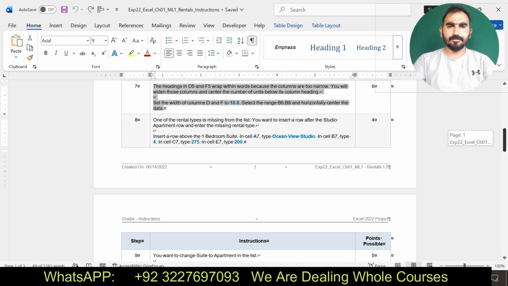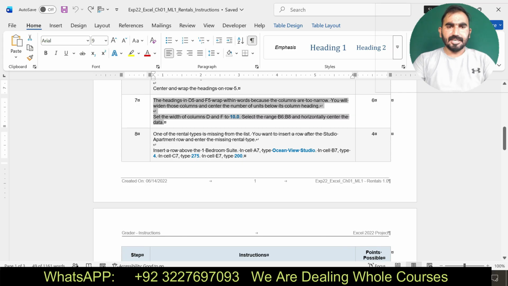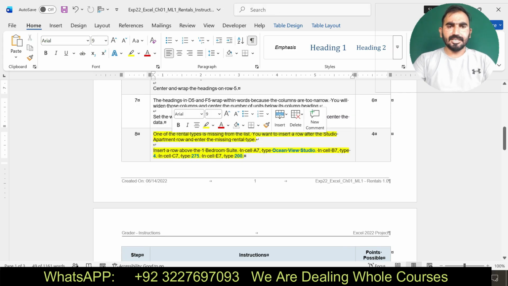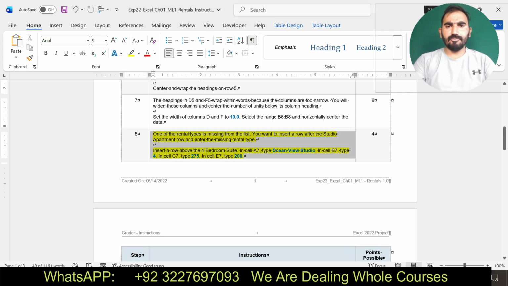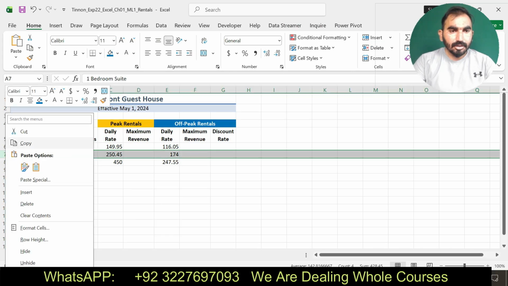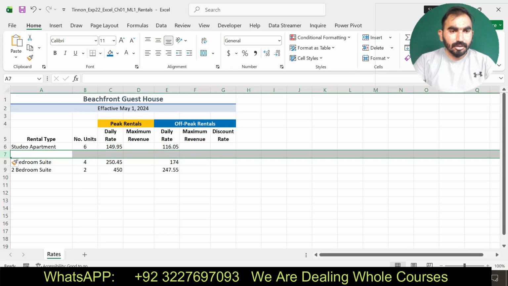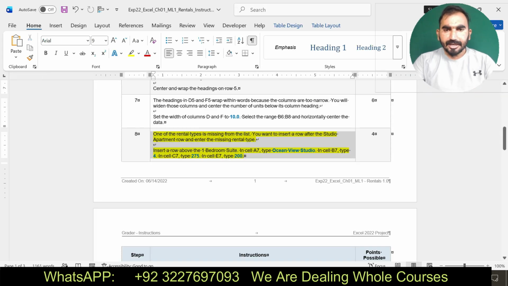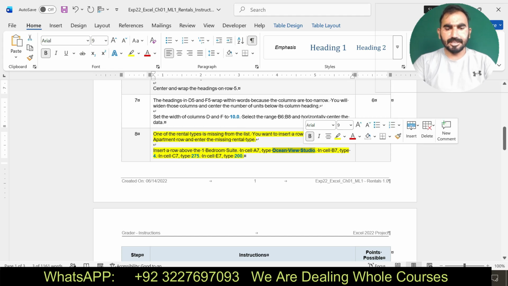Insert a new row. Insert a row above the 1 Bedroom Suite in cell A7. Okay, I have inserted a new row. Type Ocean View Studio in A7.